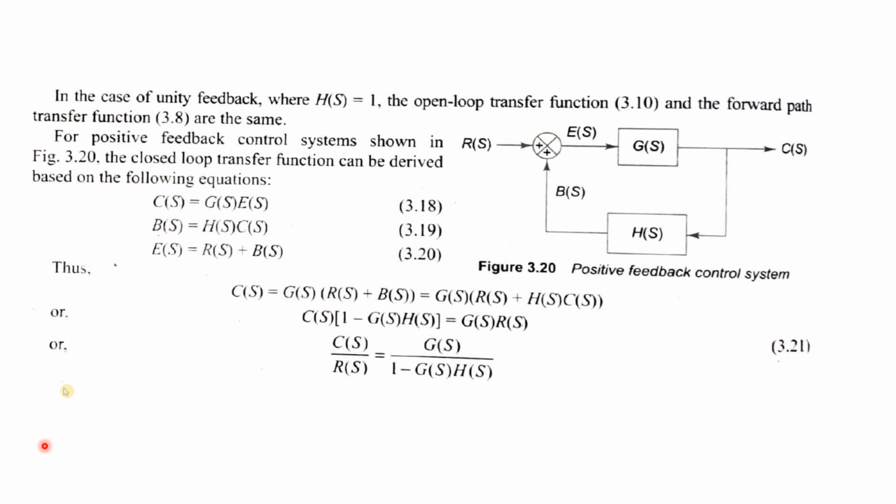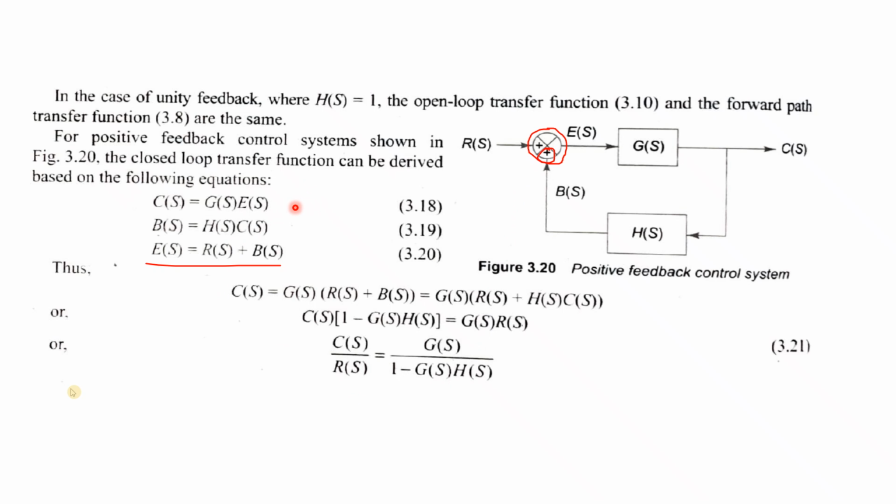Now this particular figure is an exception. If you concentrate on this summation point, as I mentioned in an earlier slide, there may be a system where the feedback error signal is obtained by adding these two. That means in this case E(s) = R(s) + B(s). At the summation point we are getting a plus sign, so feedback is added, not subtracted from the input. Previously, the error signal was R(s) minus B(s). So there may be a system where the error signal is R(s) plus B(s).